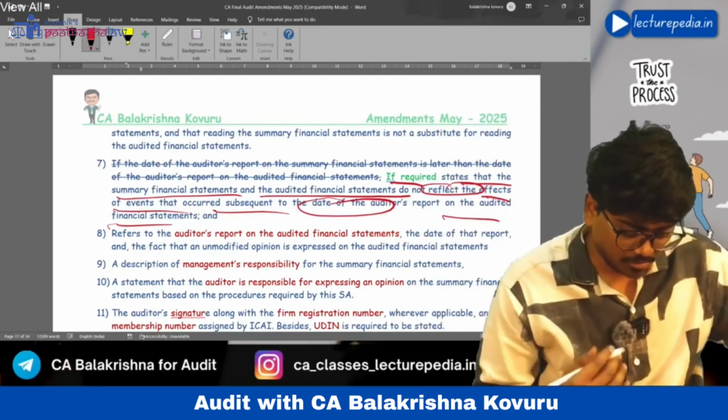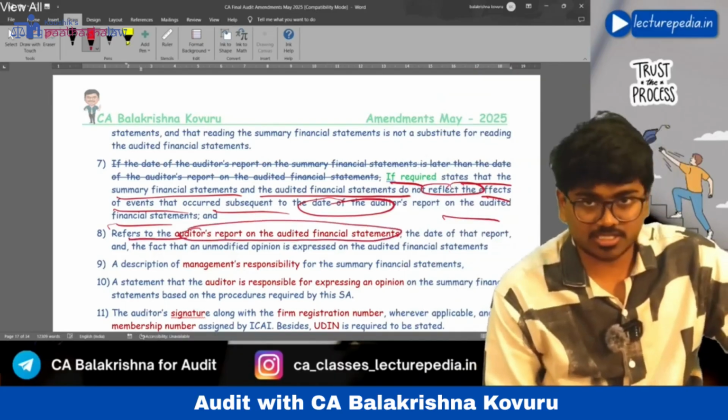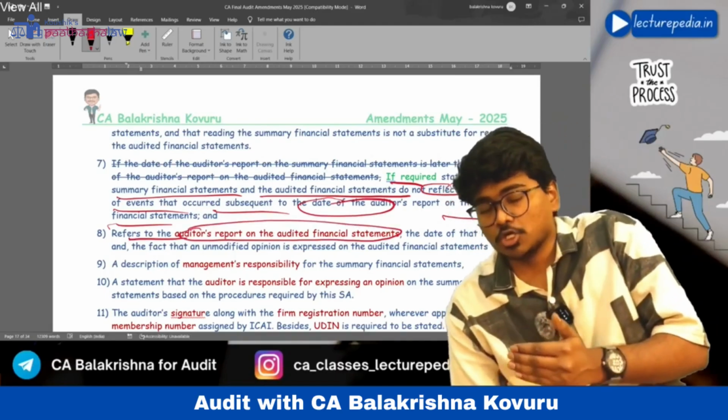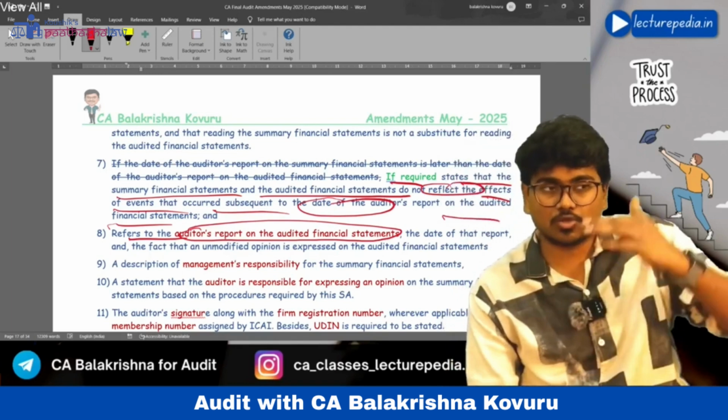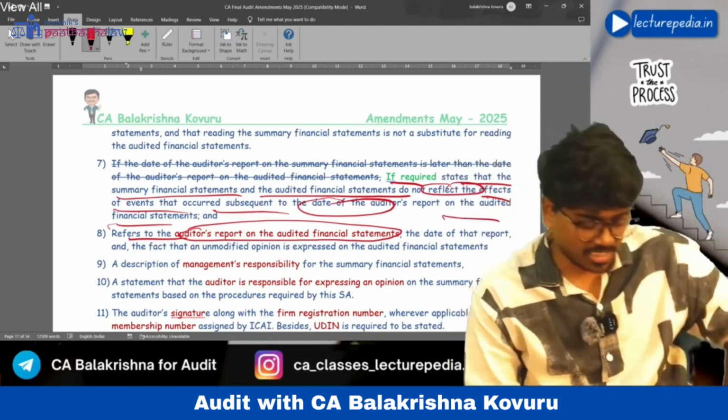That point you can mention. Next, refer to the auditor's report on the audited financial statements. In the audit report on summary financial statements, you should also refer to the auditor's report on the complete set of financial statements. This reference you can make in the other matter paragraph.